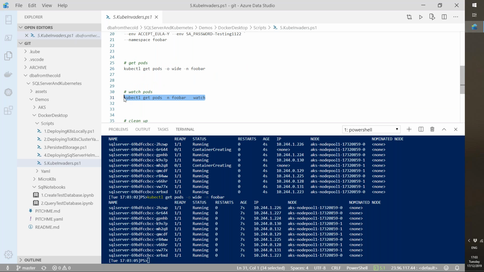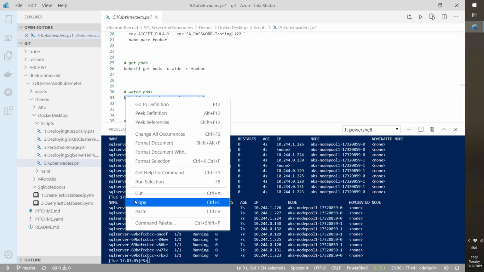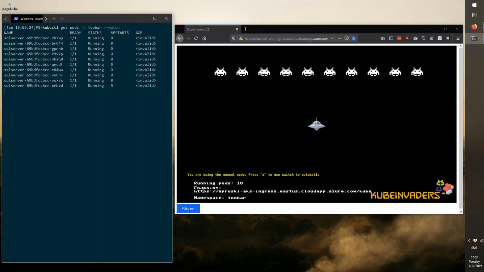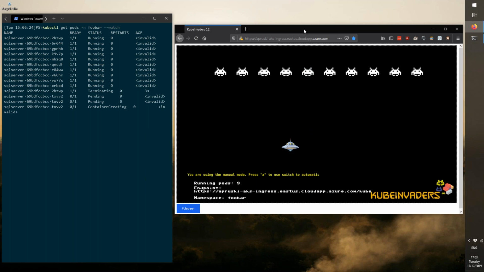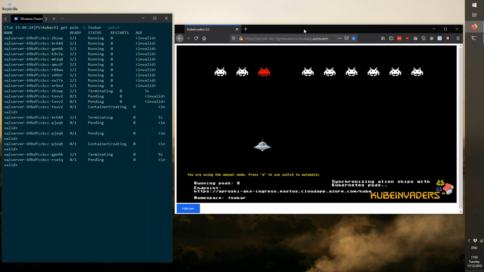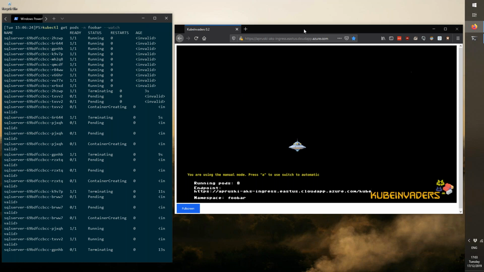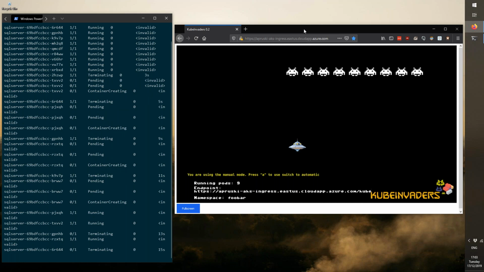Now what I can do is grab this and then switch over. And there they are. And now I can play my game. So let's see if Kubernetes will deal with me killing these pods. And as we can see on the left there, the desired state no longer matches the running state when I'm destroying my pods. And we can see new pods being spun up by Kubernetes. And if I leave this a second, there we go. It is syncing back up.